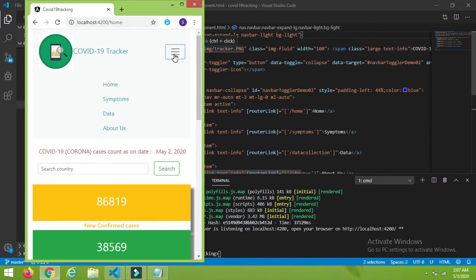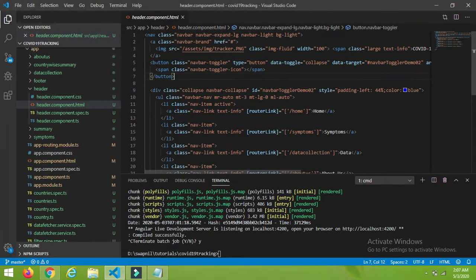To achieve this in Bootstrap, we have to use the toggle. For that, what I have done here, you can find I have added this button, and given the class as navbar-toggler. Then assigned data-toggle equal to collapse, right?